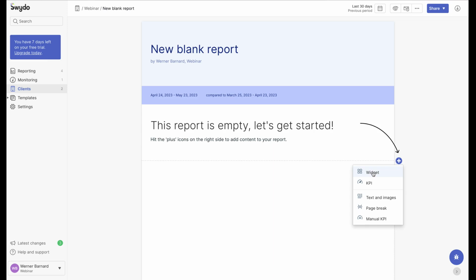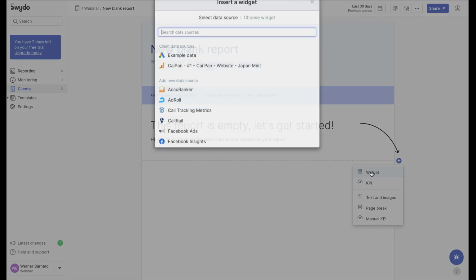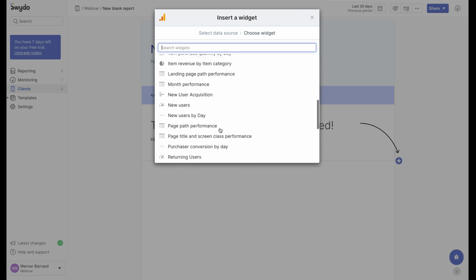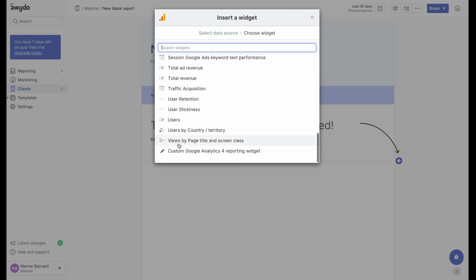So let's start with adding the events data. What I'm going to do for the first example is I am going to build this whole widget from scratch to show you how easy it is for that to be accomplished. So if I click on widget, I select the data source where the data must be imported from. If I scroll all the way to the bottom and I select custom Google Analytics 4 reporting widget,